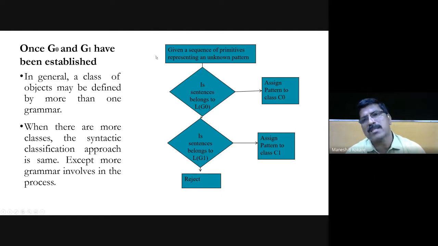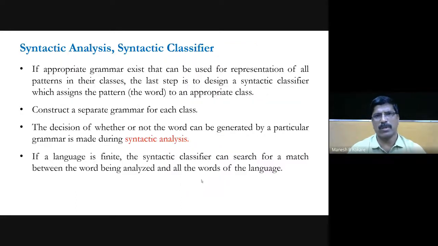You have to apply the rules of grammar G1 to the unknown pattern and see what kind of language you get. If that language matches L of G1, then that object belongs to class C1. Otherwise, you have to say that the unknown object does not belong to C0 or C1; it is something else. This is how syntactic object recognition works, and the remaining part, that is grammar parsing, and then length and distance, and so on, for the syntactic classifier,